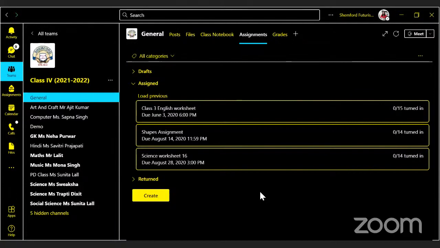Let me tell you, sir, actually the thing is, when we share our screen, then there is also an option, insert, share system audio. You have to turn that option on. If you will not turn that option on, the children will not be able to get the system sound of the YouTube or maybe another video. You have to check that option on.